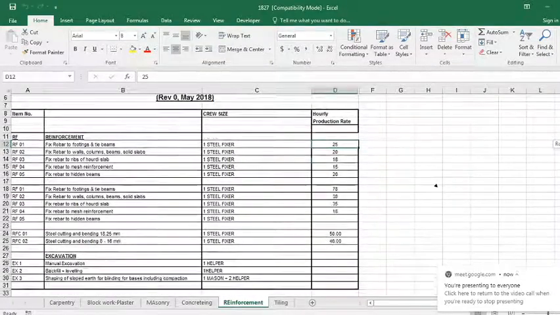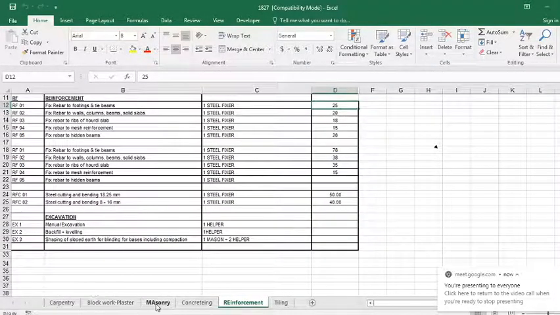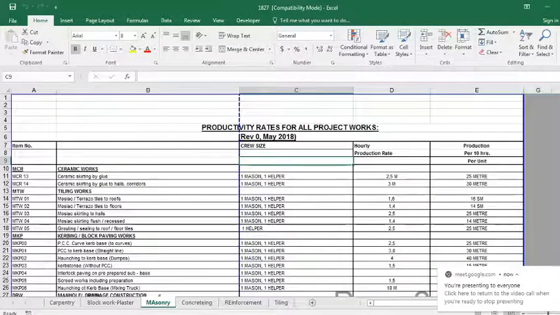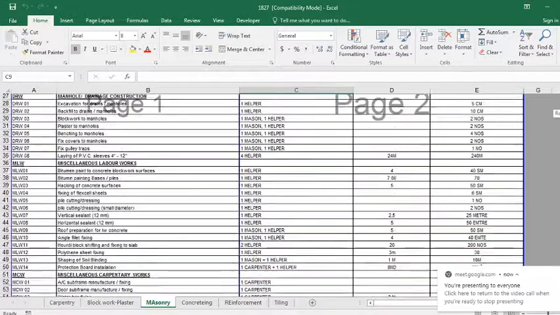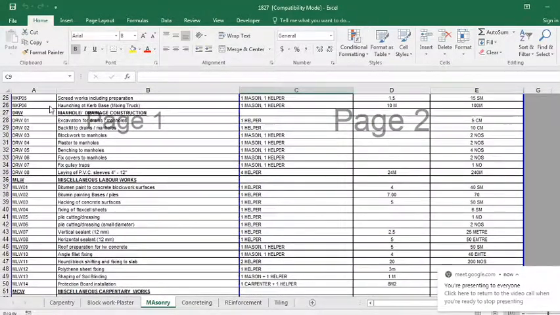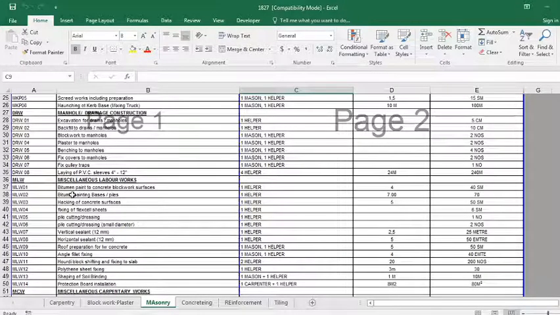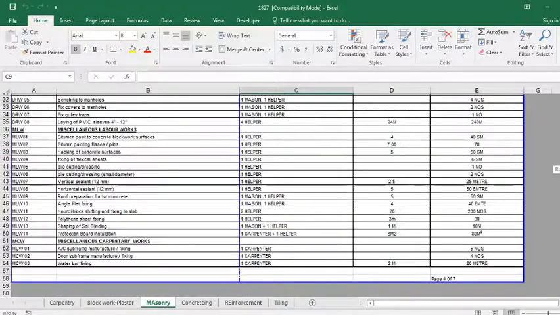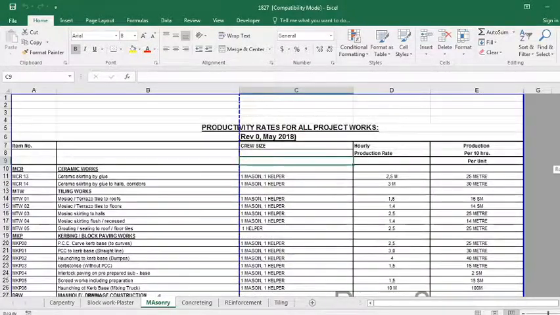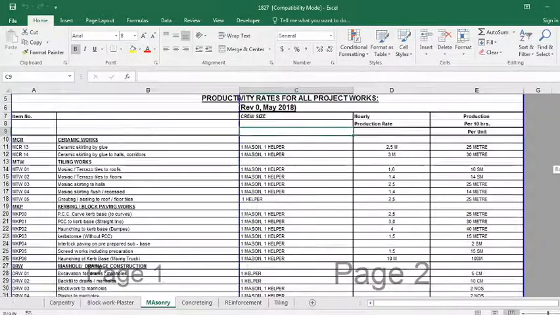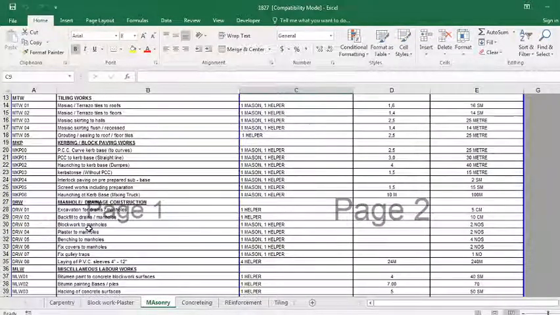It's units. For example, if I show you the easiest one, you will be able to understand. This is the easiest one to understand. So let's start from some mason work. Somewhere here you can see manholes, carpentry. For example, if I'm talking about block work of manholes, one mason and one helper can do two